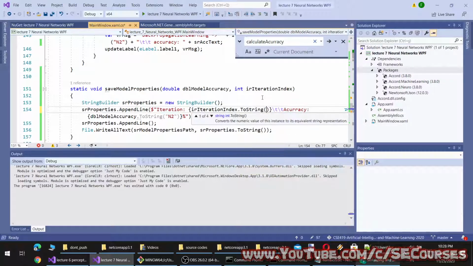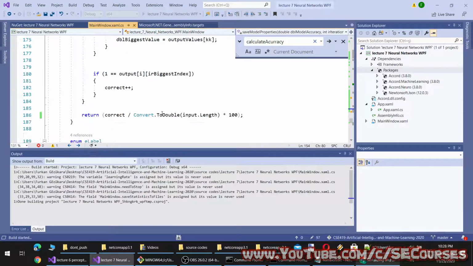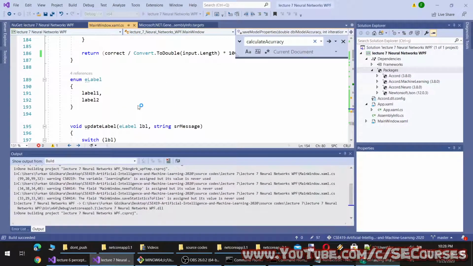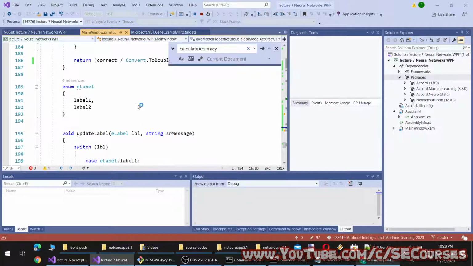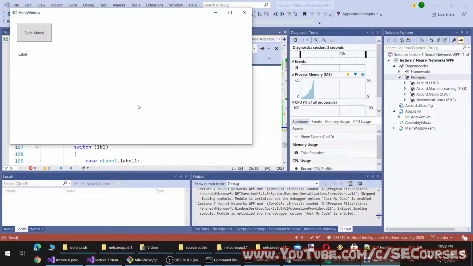So better readability and okay. With this approach, I can simultaneously, let's say, train multiple models.